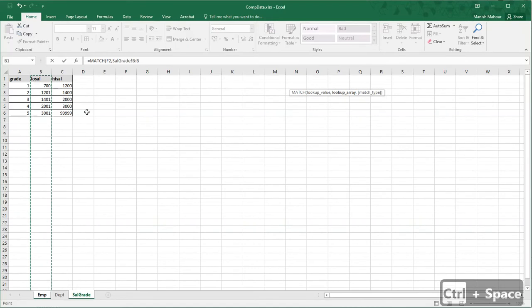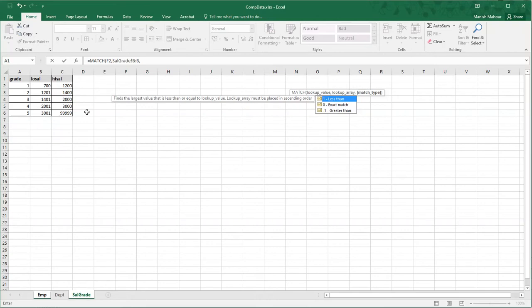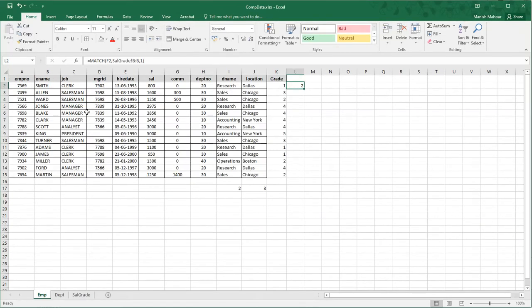And the next is match type, which is similar to the range lookup in VLOOKUP, and we also get one more mode, that is greater than, but we will use the less than mode just like we used in VLOOKUP. So it is 2. Don't worry, it is not the final result. It is showing me the row number of this value